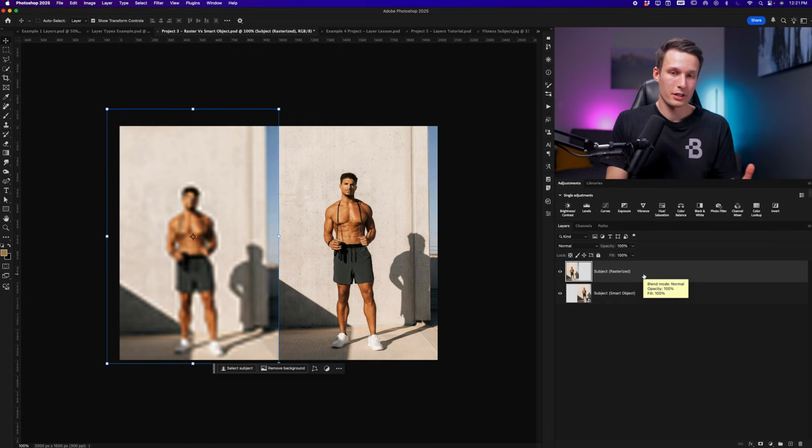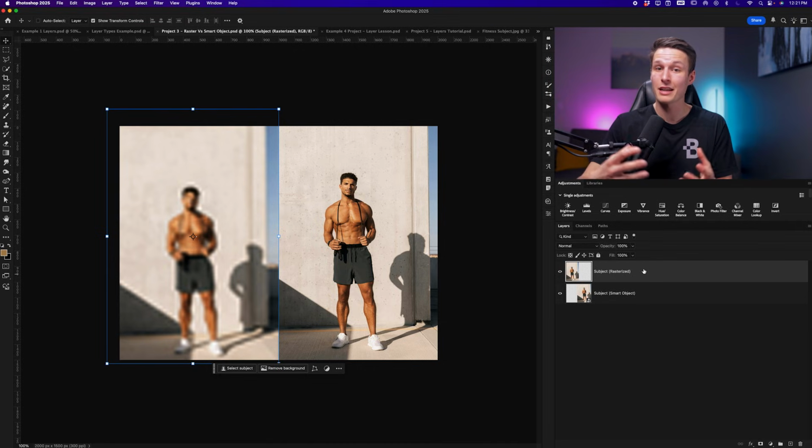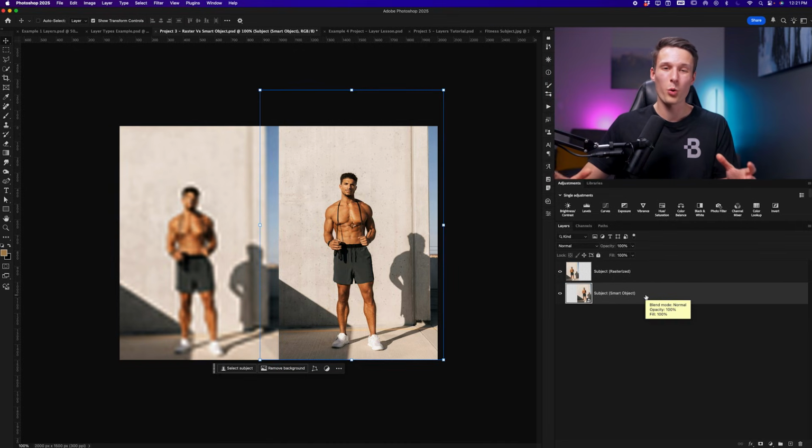With our rasterized layer, Photoshop removed all of the pixels it didn't need to display it at that smaller size. Therefore, when we made it bigger again, it just looks lower quality because it has less information than it did before. With the smart object layer, however, we're only editing the container, so the image inside of it never gets adjusted. We're just scaling that container up and down, the image inside always remains the same,